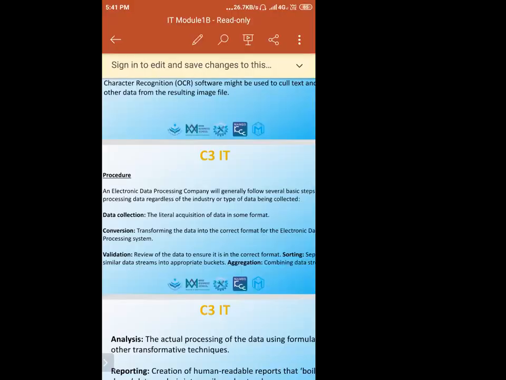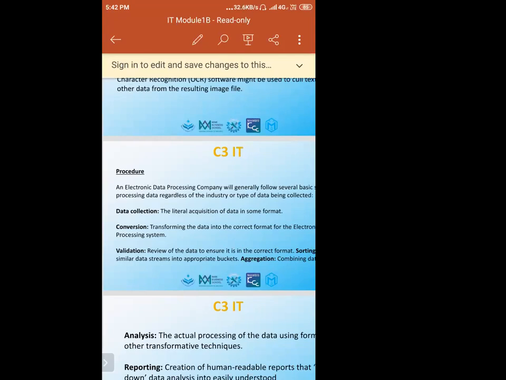Today we are learning about the EDP system, full of theories. EDP system means, what is in your syllabus. In the EDP section, what are the hardwares we are using, what are the softwares we are using, what are the procedures we are using, and what are the persons we are using? All are called EDP, electronic data processing. First we learn about the hardwares, then the softwares, then the procedures. Understand that?